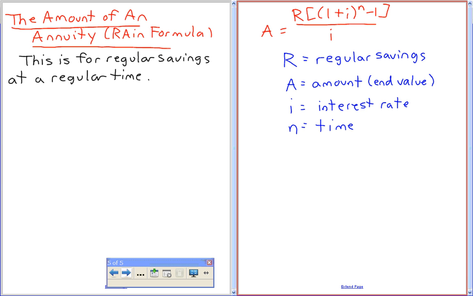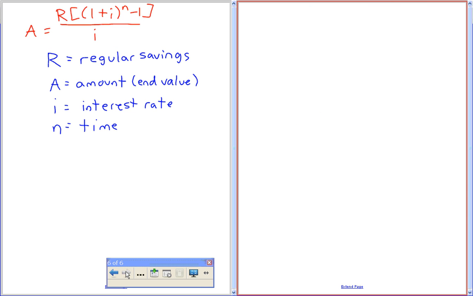Okay, there's that. So the difference in these ones is that instead of saying you have a fixed big amount and you leave it, you're going to be constantly adding to the amount. That's the difference for this one. Okay. So the questions will look something like this. Okay, example 1 is going to say. I'll do the first one as a class, and give you guys a chance to try number 2 on your own.